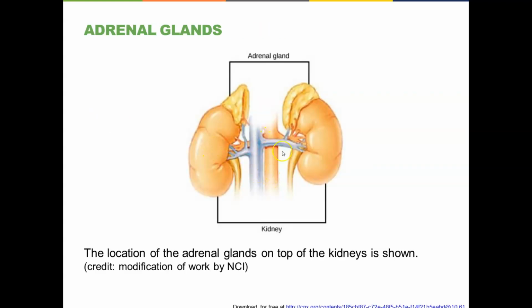The adrenal glands are actual locations. These are the kidneys. The adrenal glands are these masses up above the kidneys right here. The inner portion is where we produce epinephrine and norepinephrine, stimulated directly by the brain. And in the cortical region, we have mineralocorticoids involved in regulation of salts, glucocorticoids involved in some of the regulation of blood sugar levels, and then sex corticoids that contribute and support the function of the main reproductive hormones.